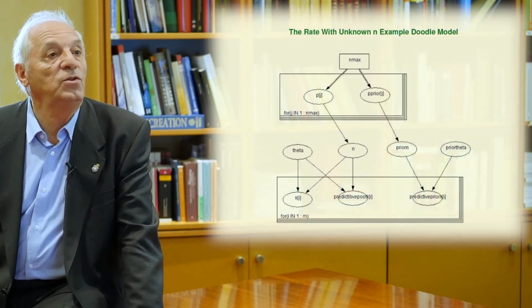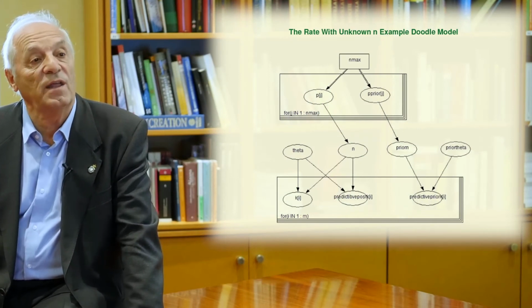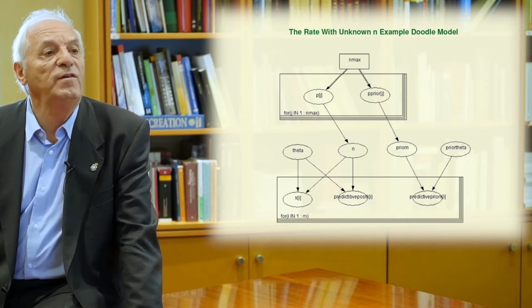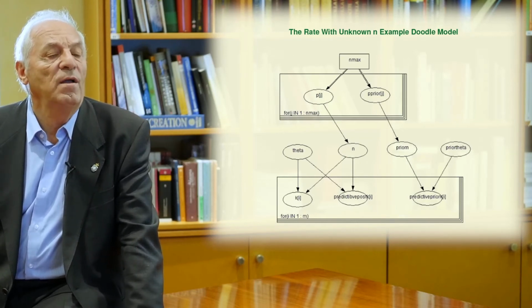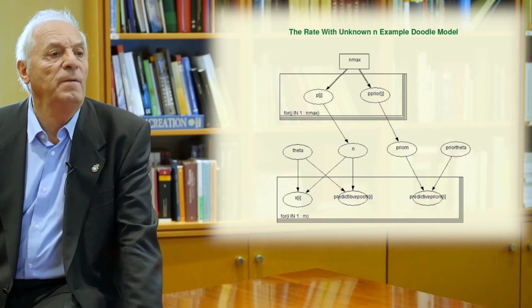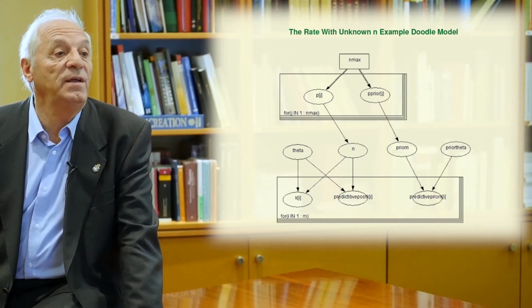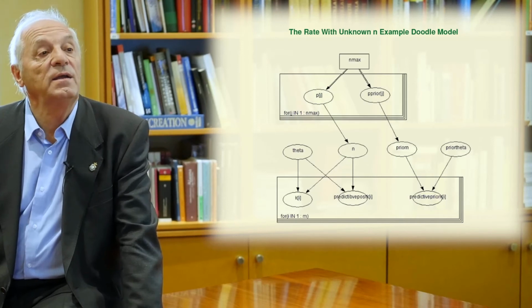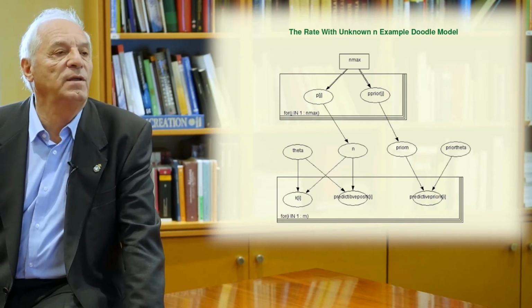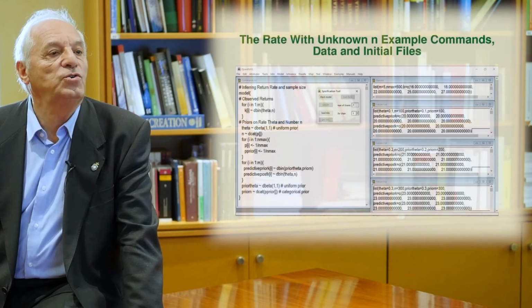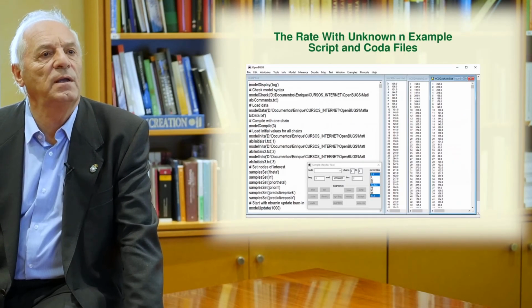This is the Doodle result for this case, and as before, you have the right-hand side and the left-hand side. In the right-hand side, you have all the information that is required for the prior predictive, and on the left-hand side, you include the sample data, the k of i, so that the posterior predictive includes that information. You run the OpenBUGS software, and this is what we get.